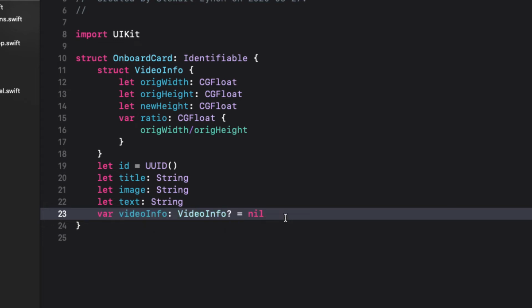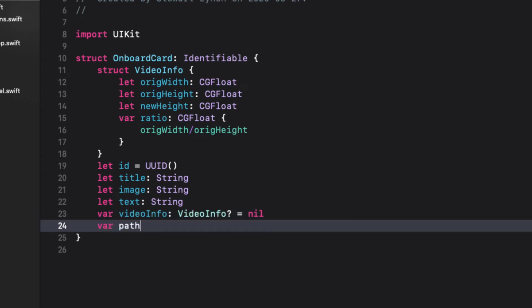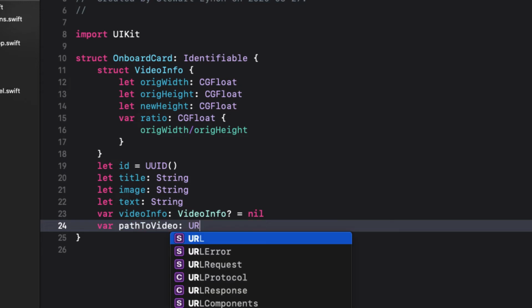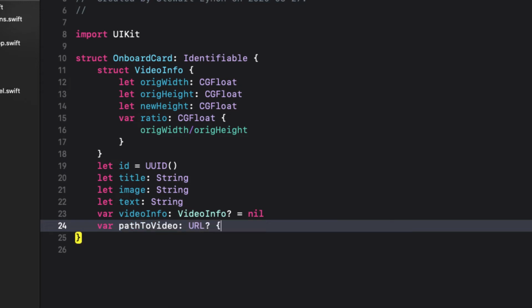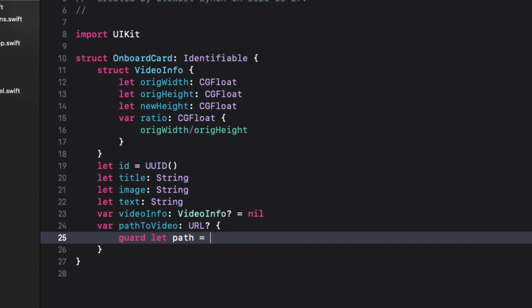Now we'll be using AVKit on our onboard card view to display the video, so we'll need to know the path to the video. Well, we've just uploaded the item to our app, which is our bundle, so we'll create another computed property called pathToVideo. That will be an optional URL because it might fail. We'll need to return nil if the file doesn't exist, so we can use a guard statement to let the path be equal to the